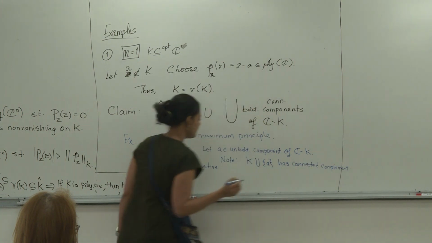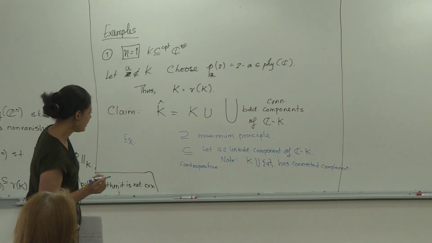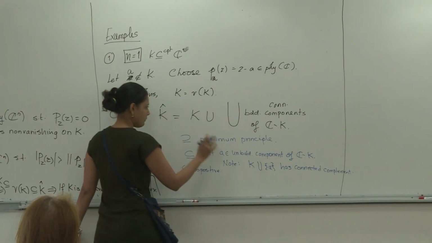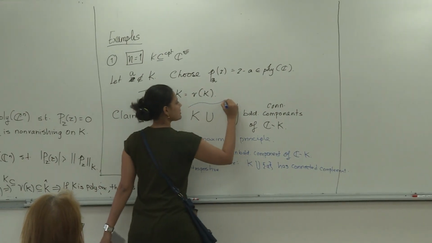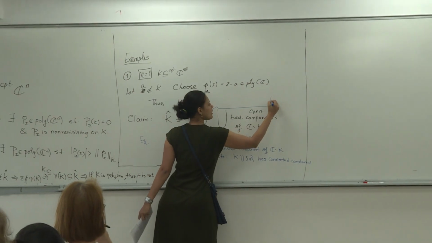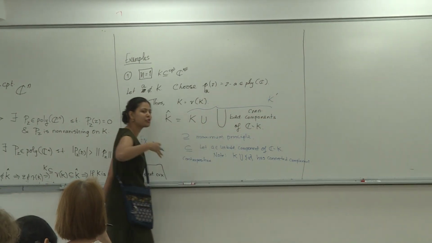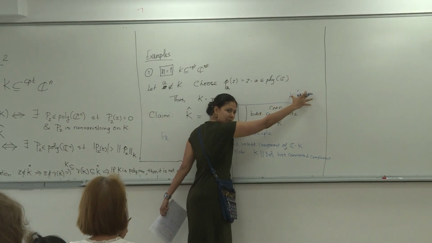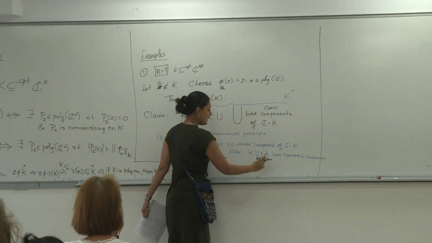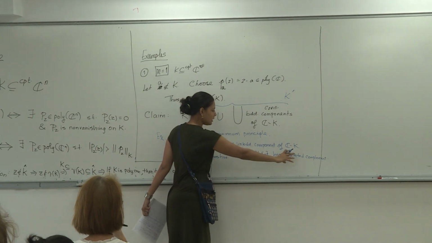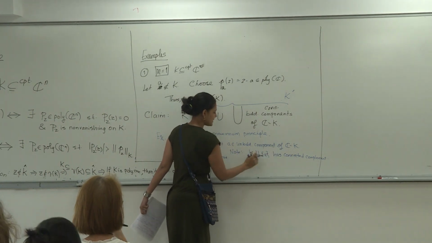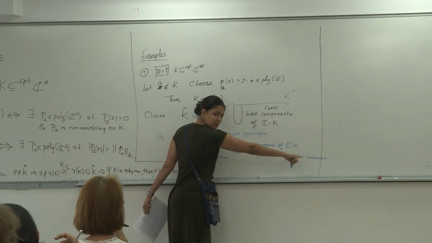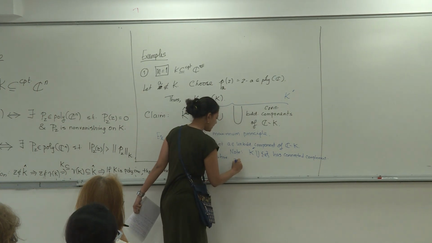Oh, sorry, let me see what I've done over here. No, this is not what I want to say. Yes, so what I want to say is this object, so this. So for now, let's just call this K prime, because we haven't yet shown that this is K hat. Okay, so I'm going to call this set K prime. I'm going to take a point in the unbounded component of C minus K, and when I throw it in, that has connected complement over here, and so then I can use Runge's theorem